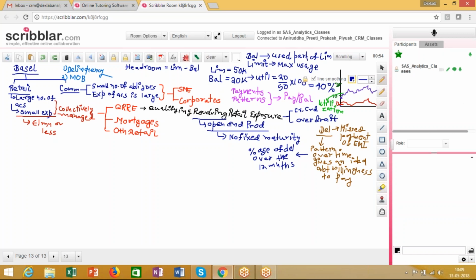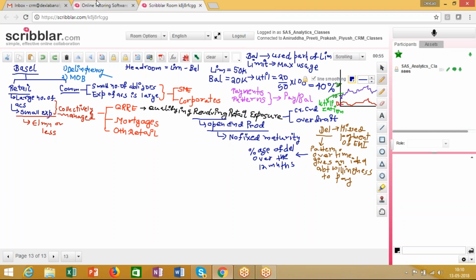So if there is a borrower who has been delinquent say four or five times in the last 12 months, it means there is always a higher chance that this borrower would go into default, become delinquent and never recover. Therefore, by looking into the percentage of delinquency over the last 12 months, you can identify whether a borrower is risky or not. So this delinquency variable becomes very important.